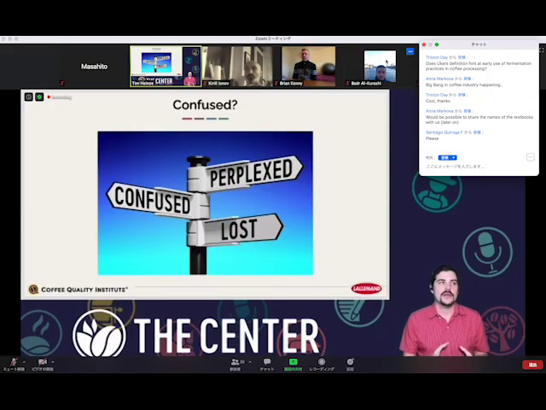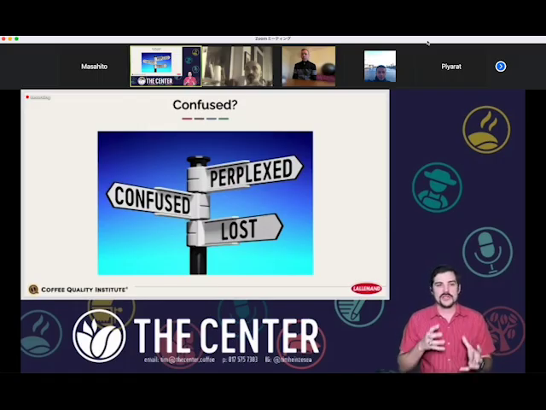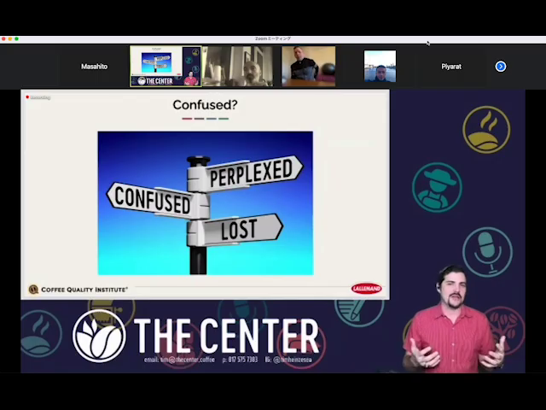And it's why I think over the last 10 years, as the innovations in processing and the imagination and creativity of producers has run wild, we've seen this huge misunderstanding or even misrepresentation of these concepts,